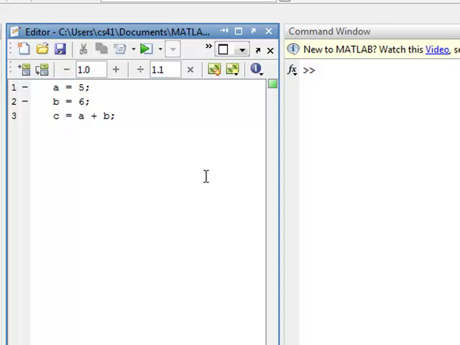So let me put a condition statement in here, and let's just start with the basic. It looks like this. If, and then I put some condition in here. Now, you don't have to put them in parentheses. It's just parentheses are for emphasis. But let's say we go if A is greater than B. In fact, let's start off a little more simple than that. Let's say if A equals 5,